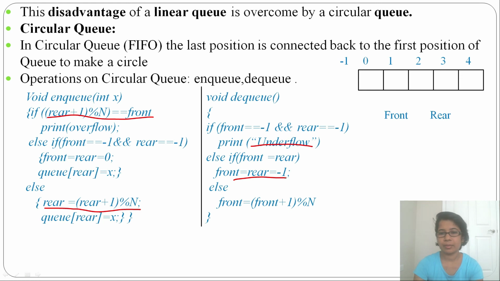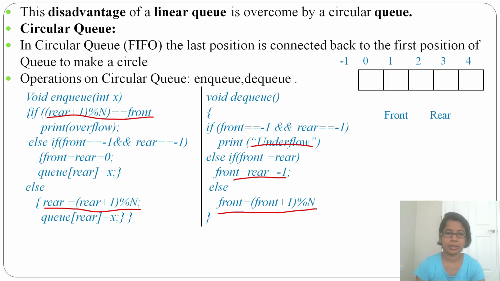Okay, this is also the same as the previous normal queue. Else front equal to (front + 1) mod n. So this is different. Previously it was just front++, but here (front + 1) mod n. So this mod n is different.